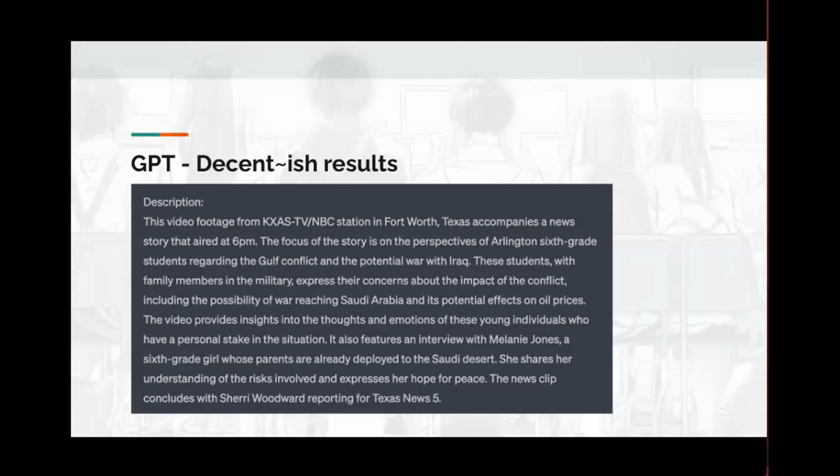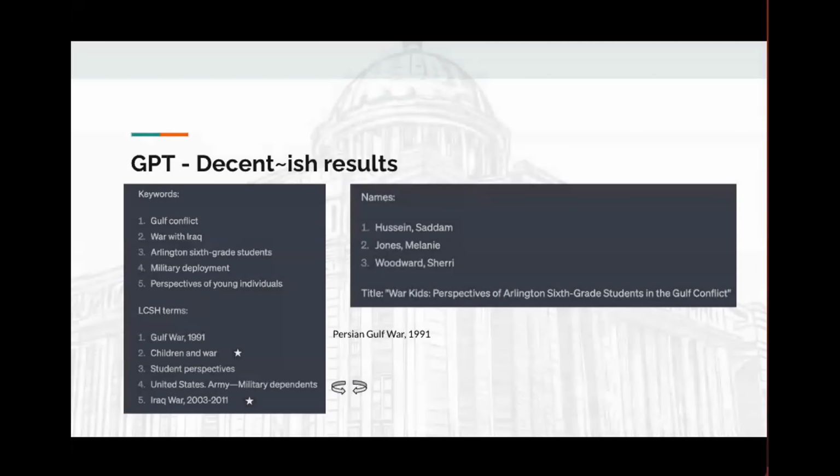It's far more readable than the extractive one that TextRank would do, but asking it to be an SEO expert makes it super cringy. And so iterating more is probably obviously a good idea. Here's a list of keywords, kind of, sort of: subject headings, names, and titles. Most appear at least somewhat reasonable, but only 2 of the 5 LC terms appear to me to be valid and appear in id.loc.gov. 2 more are pretty close. So clearly not perfect, but I imagine you can see there's a lot of potential here for building metadata from